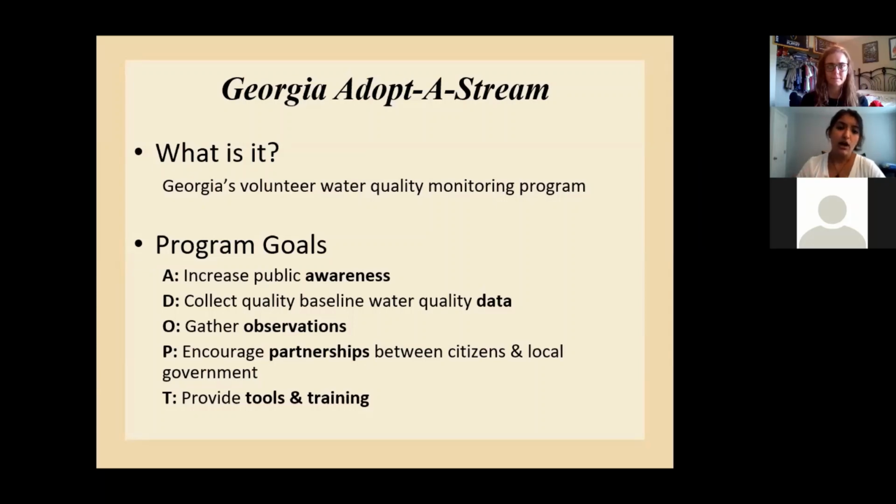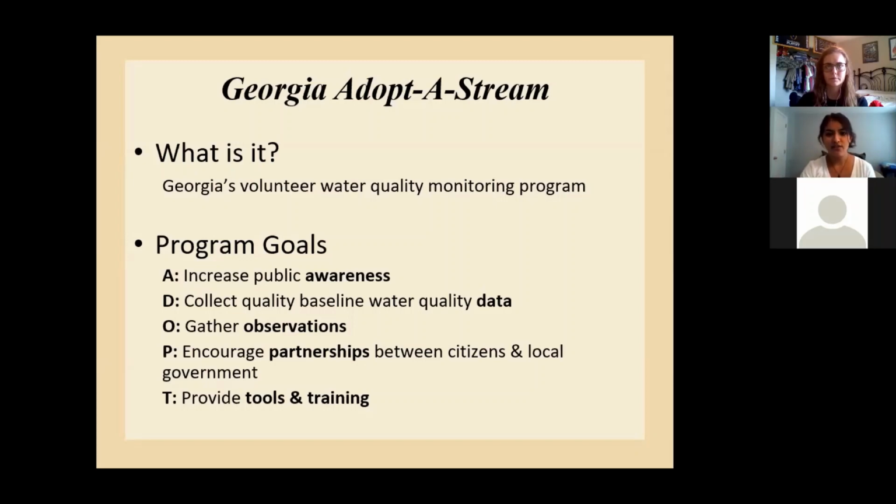So our state office, we can help provide equipment for you when monitoring. There's local coordinators all around the state that you can link up with, and they can help provide some tools for you. Of course, we also provide workshops and the training to teach you about water quality and the actions that you can take. So, some of you may already be aware, but we have chemical workshops, bacterial, watershed, visual. It really goes on and on.